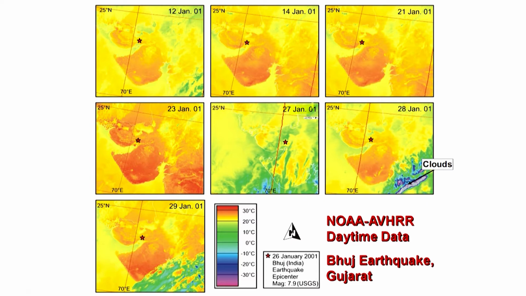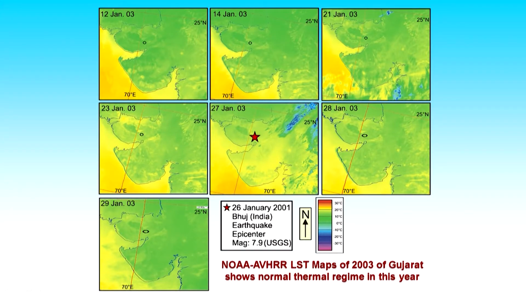Later, when we got our own data sets for the same dates and performed identical processing, we found that normally the temperature does not change so frequently or so rapidly as happened in the year 2001. As you can see here, there are hardly any changes in these images. These are images of the same dates, the only difference being the year. In this image they are all 2001, and here the corresponding dates are of the year 2003.